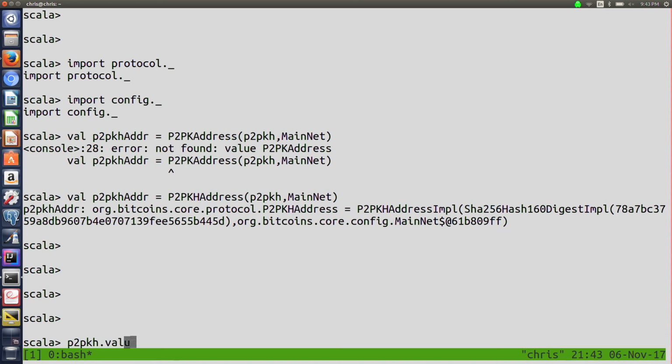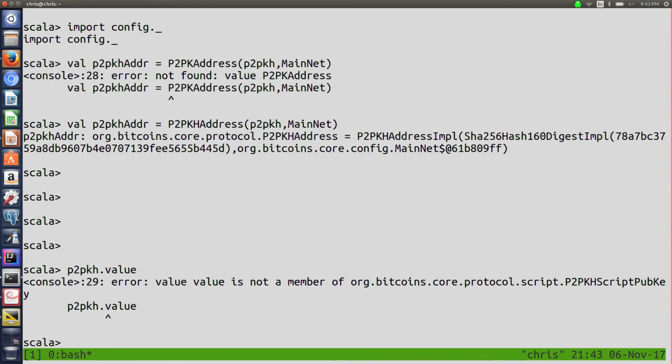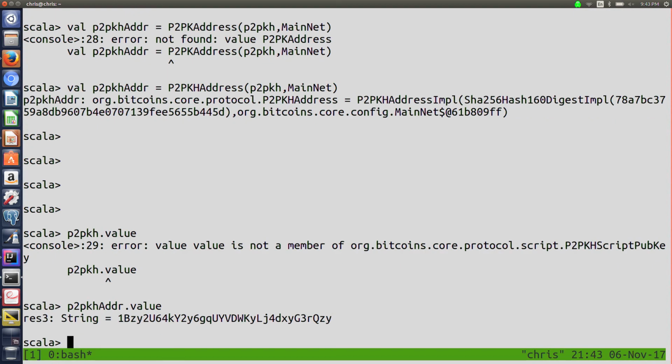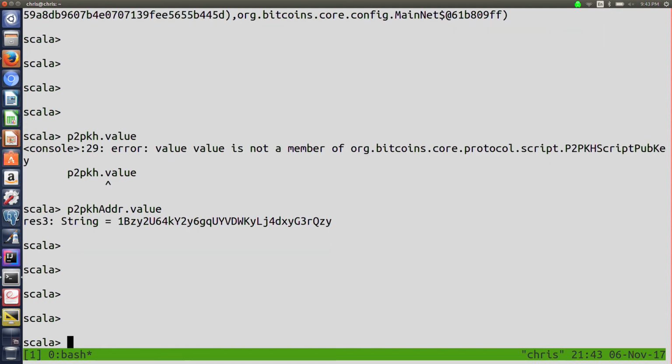So in this case, you notice how you have the 1 on the front, which, if you've ever received Bitcoin for payment before, you'll see usually they have a 1 on the front.